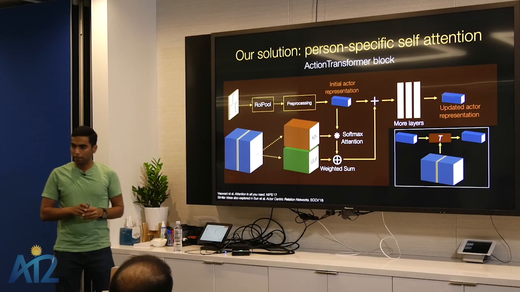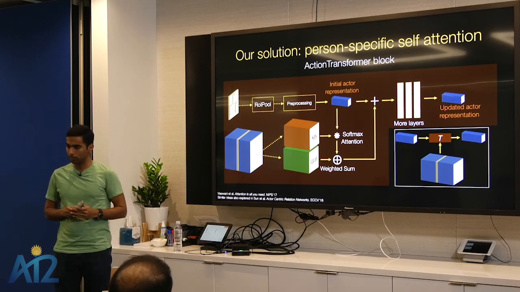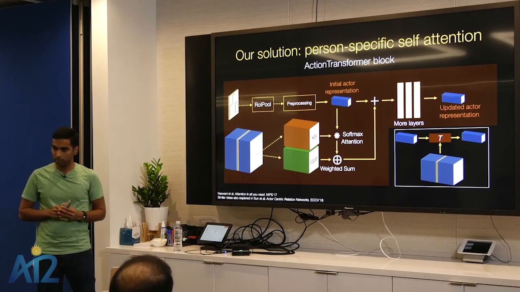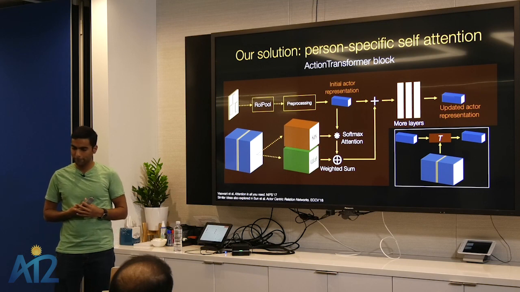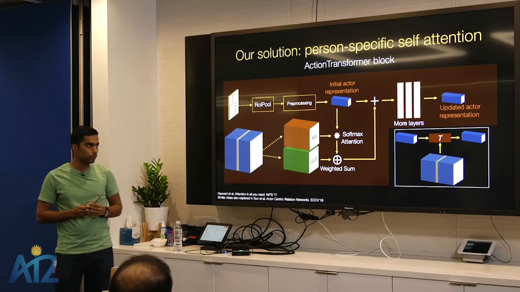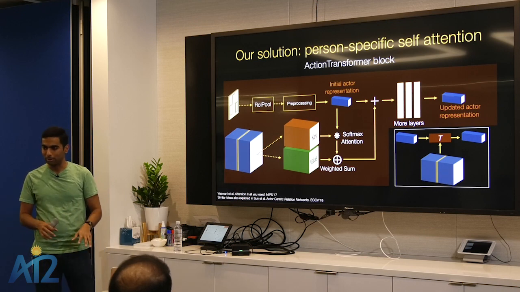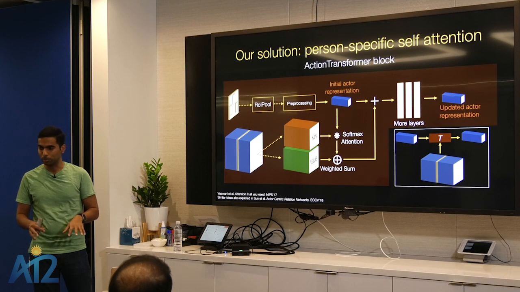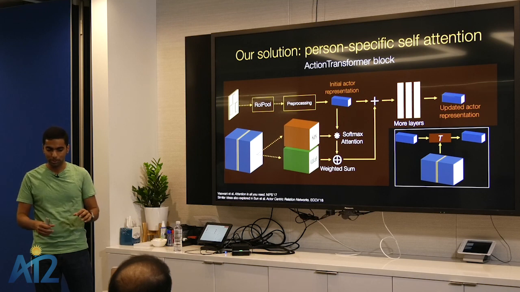I see. So have you also tried? You already have region proposals, right. Have you tried attending only over region proposals? We tried adding that as well. That did not help. But no, we didn't try just using our region proposals. There is actually some concurrent work on doing region proposals and building a graph network on top of those, which seems to also help.